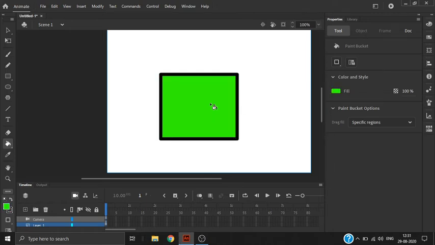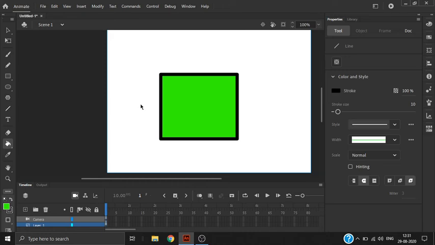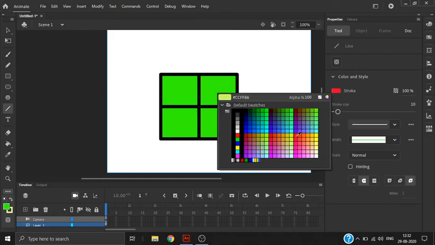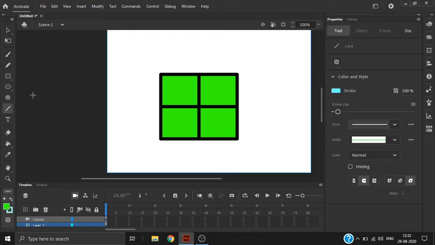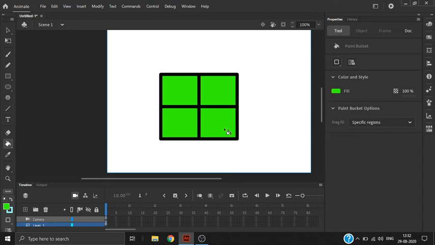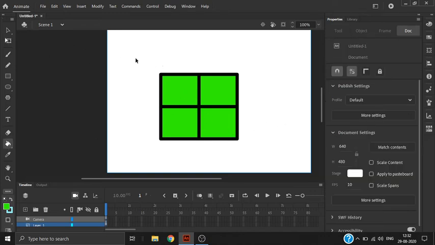Let's say green, you can do it. And if I draw a line between them, let's say I divided it into four parts, and I choose this blue one, choose the paint bucket tool. Okay, got it.